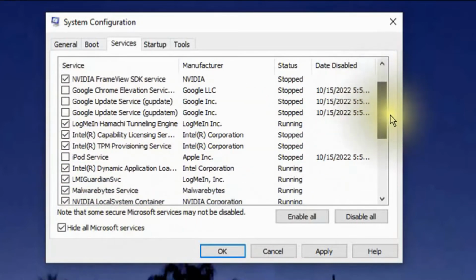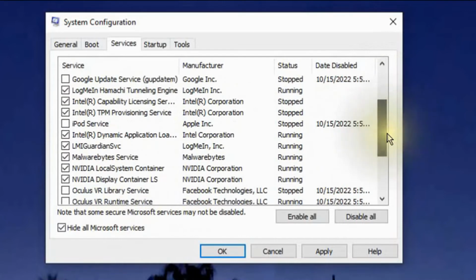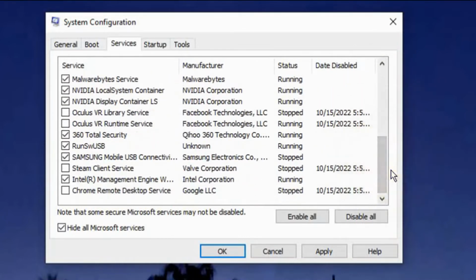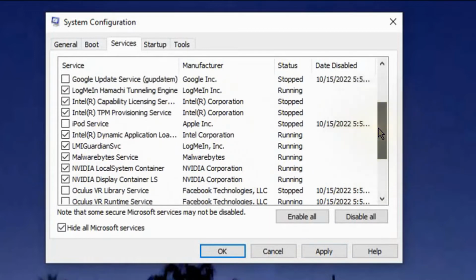On yours you can kind of experiment, go with turning them off. The ones I would definitely leave on is if you have things related to your chip. So if you have Intel or NVIDIA, those services should be on. That way you can best use your machine. Once you have other things turned off, then you can go in and click on Apply and OK.